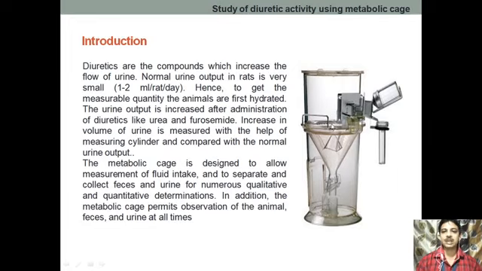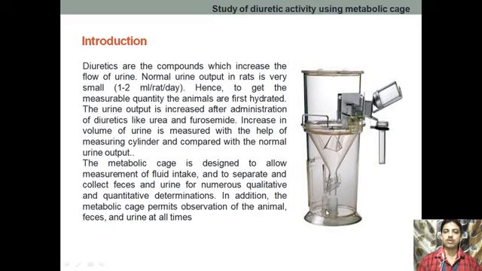Because it is a net type structure, the fecal matter won't pass through the net, only the urine will pass through. Generally, we are measuring the 24 hours of urine,